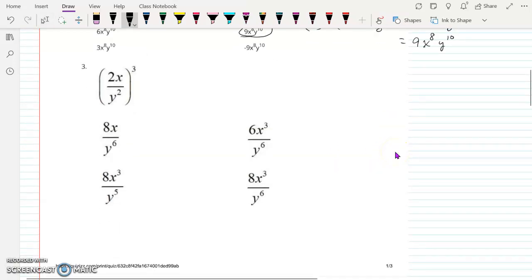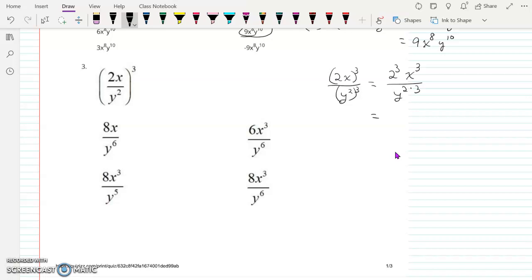Okay, we're going to move on down to number 3 now, which is a very similar problem, except instead of just a product, it's a quotient, but we still follow the same set of rules. So what I see here is that I have a 2x raised to the third power over a y to the second raised to the third power, which then means we have a 2 raised to the third power and an x raised to the third power over a y to the 2 times 3 power,